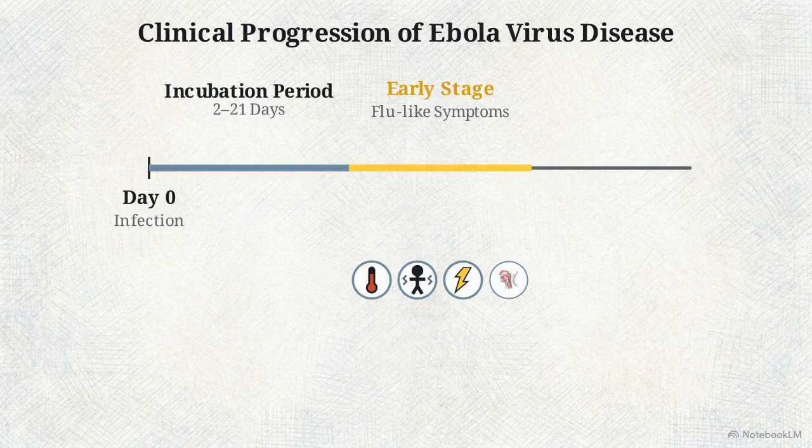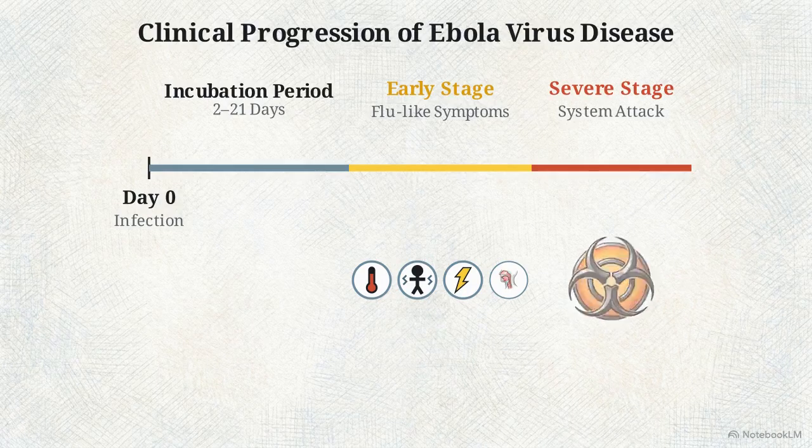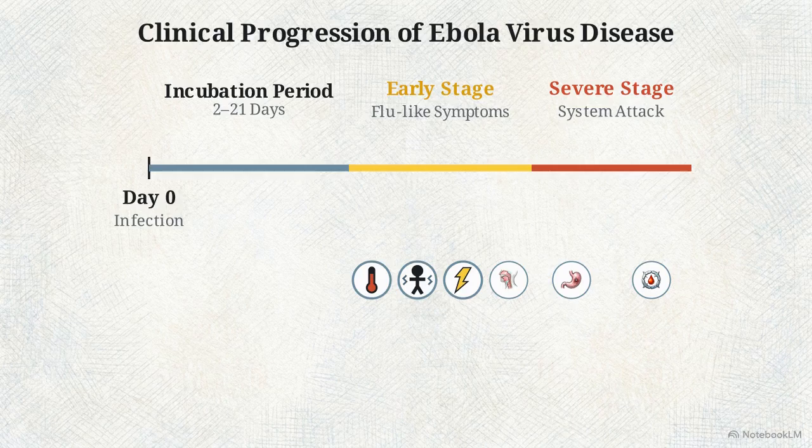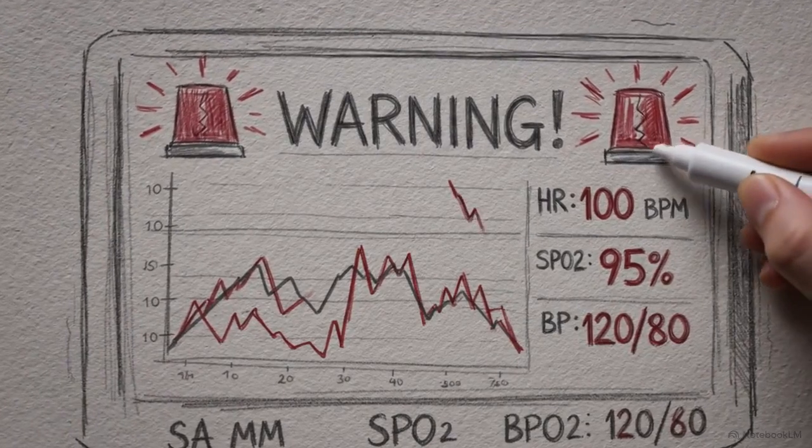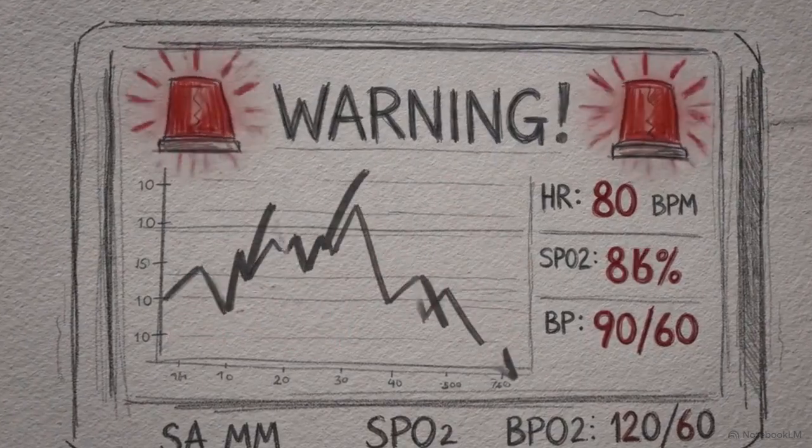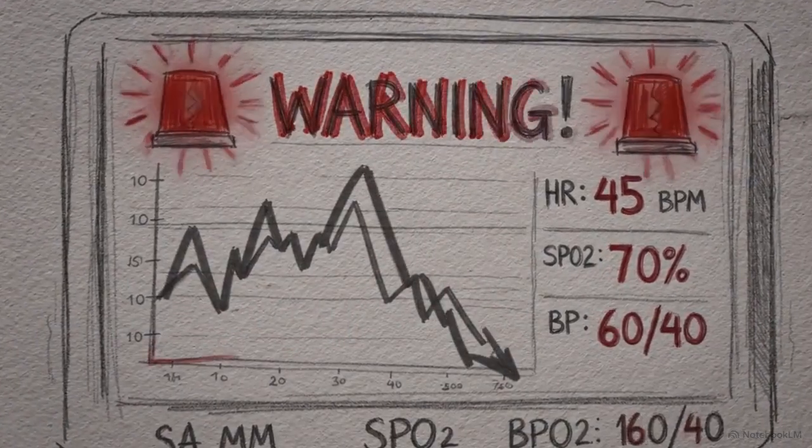But as the virus multiplies, the body's systems come under heavy attack. The patient experiences severe stomach pain, vomiting, and diarrhea. Soon, unexplained bleeding can start under the skin or from the gums. If the patient doesn't get medical help, this massive loss of fluids leads to liver and kidney failure. The body goes into shock, and patients often pass away within 6 to 16 days of feeling that first symptom.